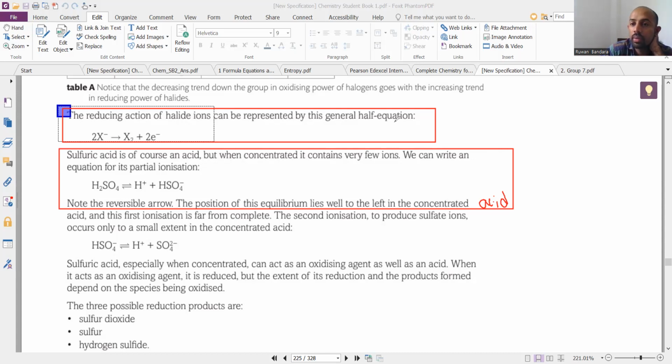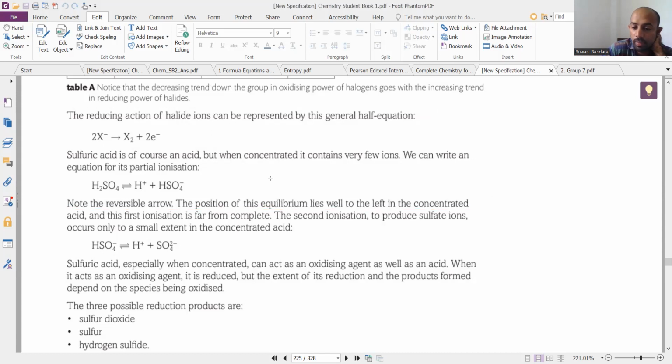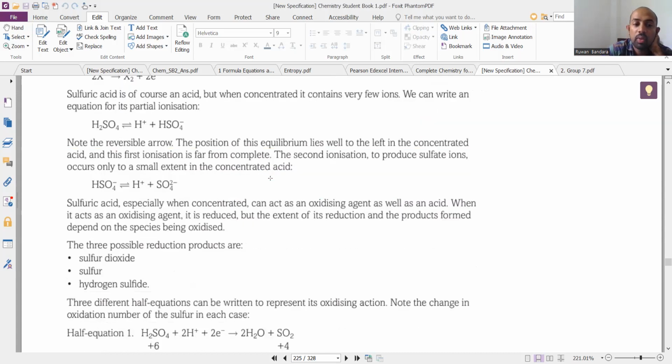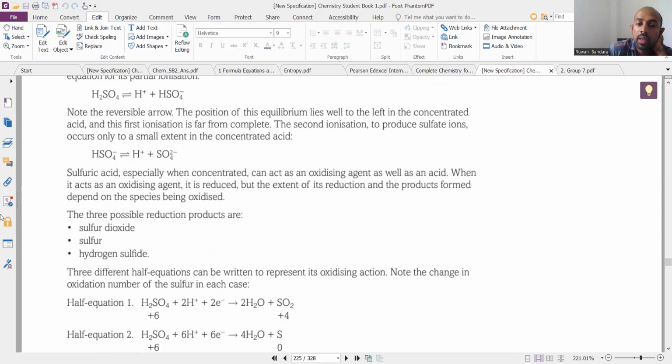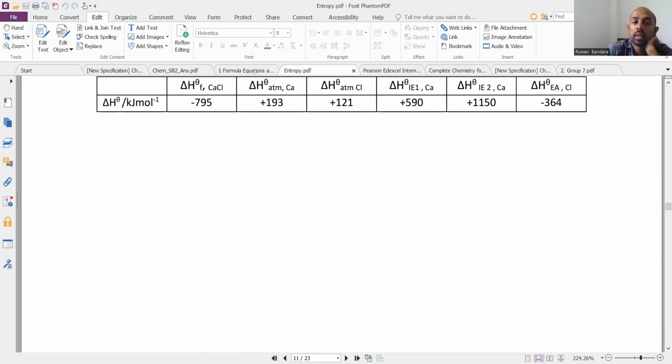Okay, sir. Very good. Then write down, when concentrated, sulfuric acid can act as an oxidizing agent as well as an acid, right? And the extent of reduction, that means itself reduced, no? That extent of reduction of sulfuric acid depends on